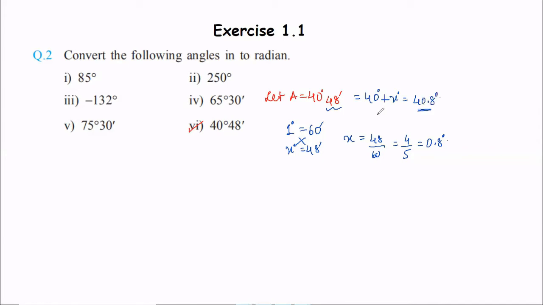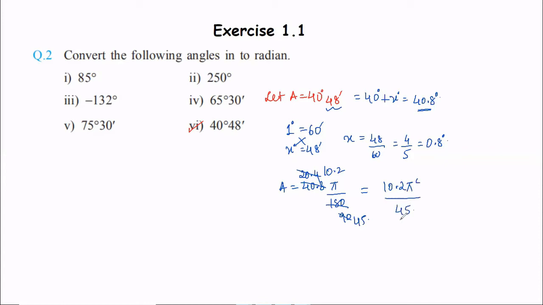Okay. So now A is completely converted to degrees from the degrees plus minutes system. So A is equal to 40.8 pi upon 180. You need to solve this. We have multiplied. So let's cancel by 2 first. 20.4 and over here we will have 90. Can we cancel further? Yes. So this will be 45 and this will be 10.2. Is there any further chance to cancel? I don't think so. So we will stop here and we will write 10.2 pi radian upon 45.